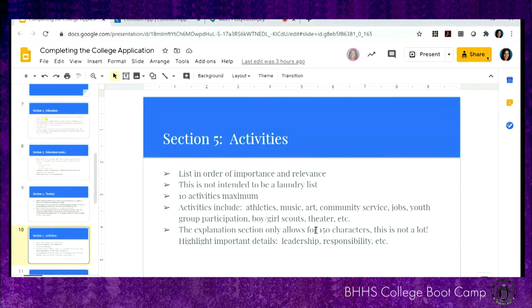Keeping in mind the explanation, and I'll show you the app in the section in a minute, it is limited to 150 characters, and that's not words, it's characters. So it's very, very limited. So you have to carefully wordsmith what you're putting in there and carefully highlight what's most important about your involvement